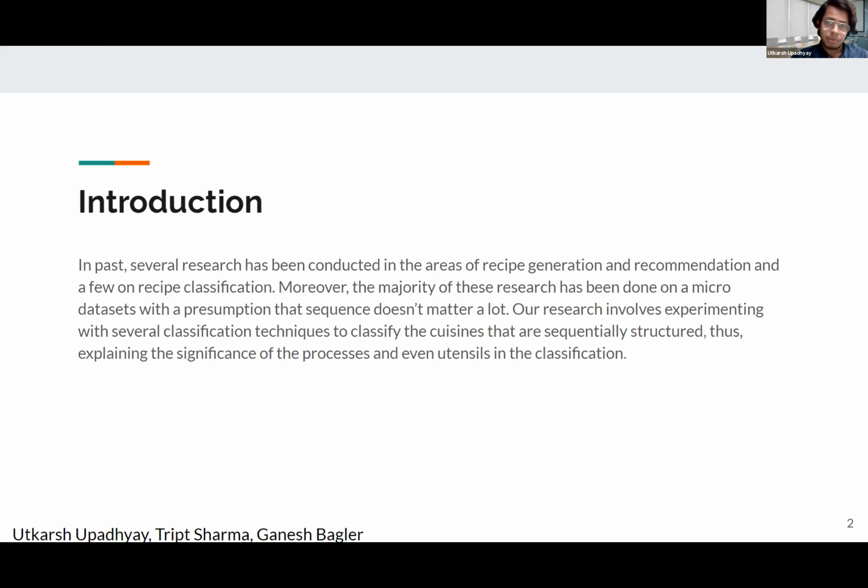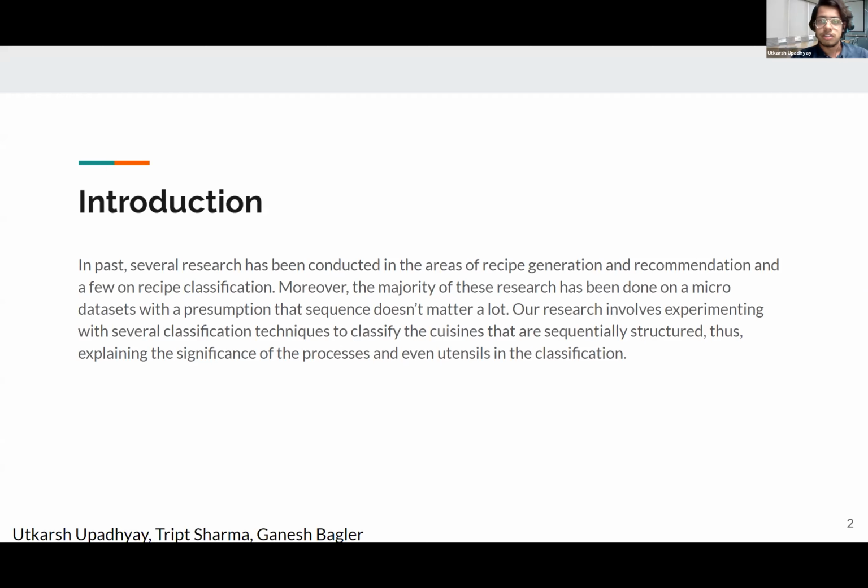A recipe is defined by the whole process of how it's made. So we consider all the parts, starting from getting the ingredients, then preparing the recipe, and even serving the recipe and using the right utensils to serve it. These might vary from region to region, from places all around the world. So what we are trying to do is that from our own data set, that is RecipeDB, the research that we have done in our lab,